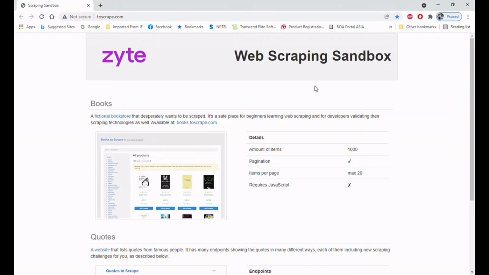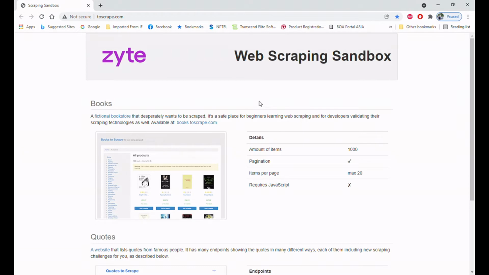Hi everyone, this is Ram, and in this video we are going to discuss web scraping using the requests module, that is, making a request to a particular web page and scraping information from that web page. In the previous video, I mentioned that we just extracted information from an existing HTML code. So in this video, we'll be literally doing web scraping.